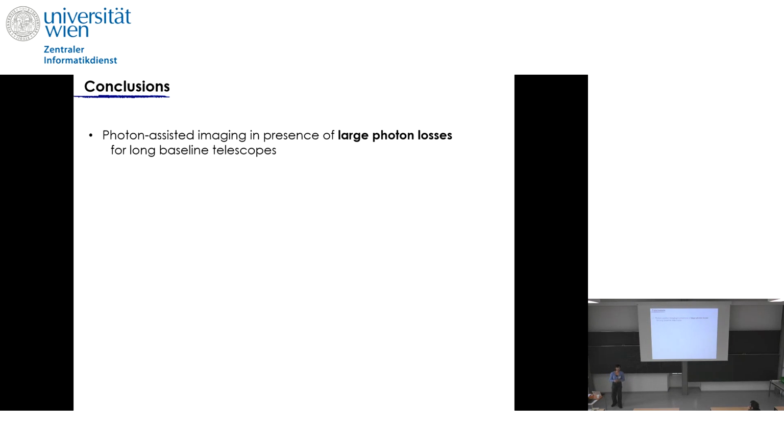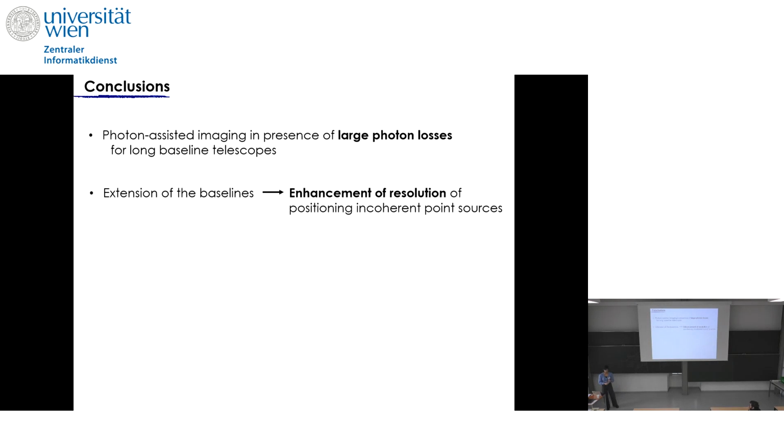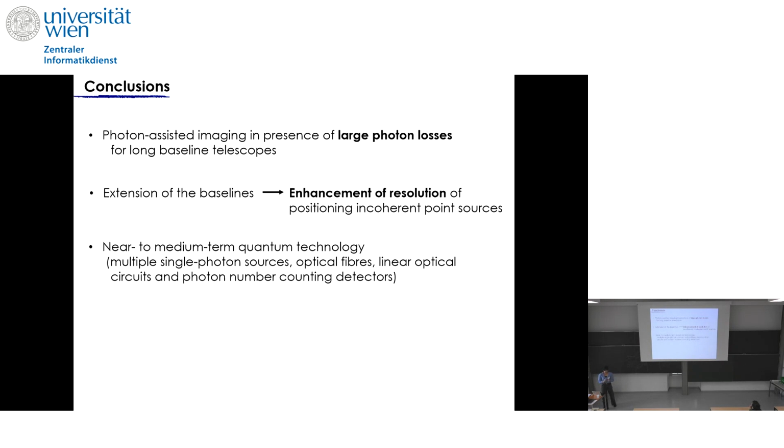So yes, in conclusion, just to sum up, I presented this protocol for photon-assisted imaging in the presence of very large photon losses that works for large baseline telescopes. We managed to extend the baseline, and therefore managed to get an enhancement in the resolution of imaging for positioning of point sources. Another thing I want to stress is that the only elements we used here are very, very simple